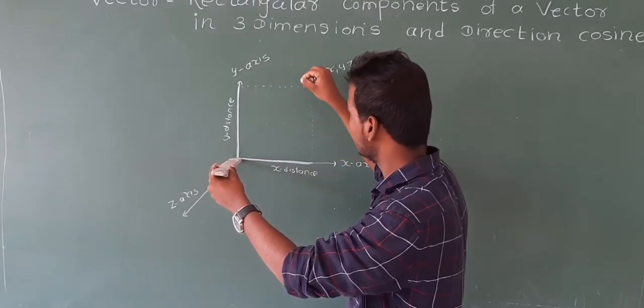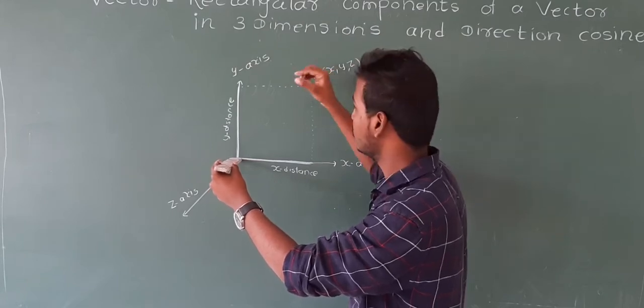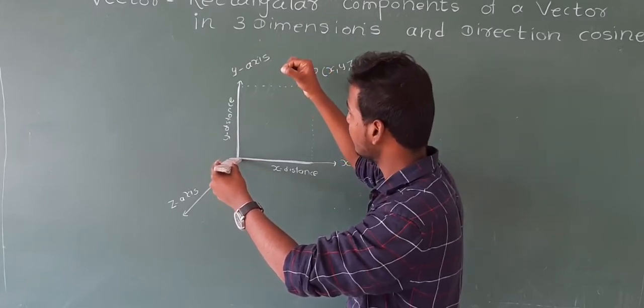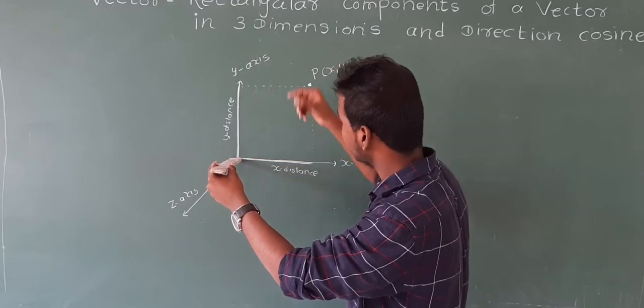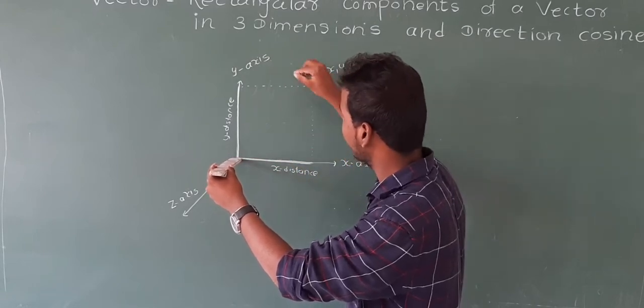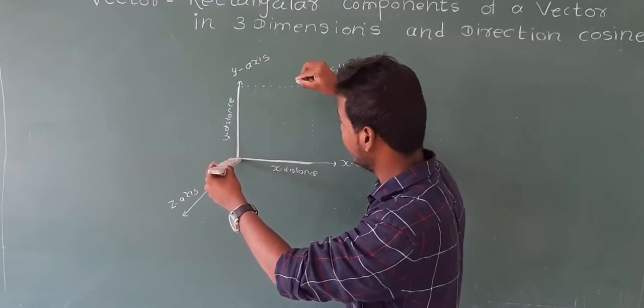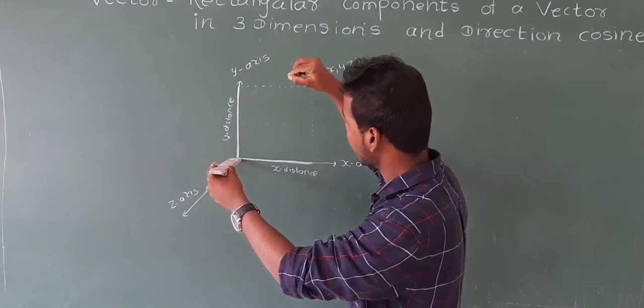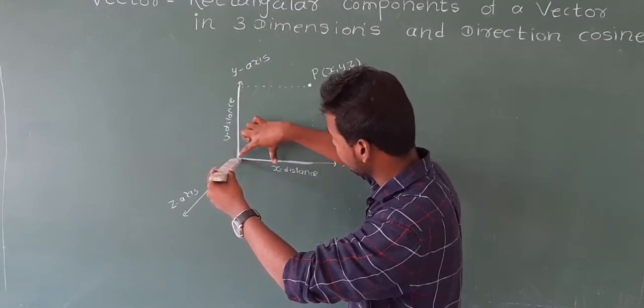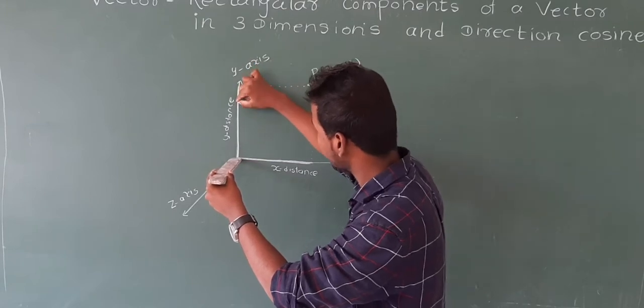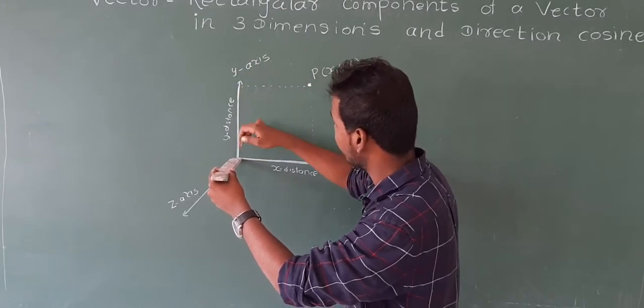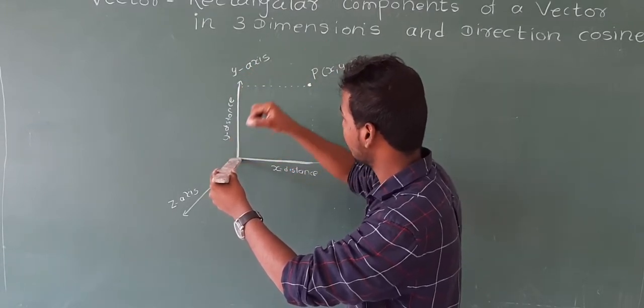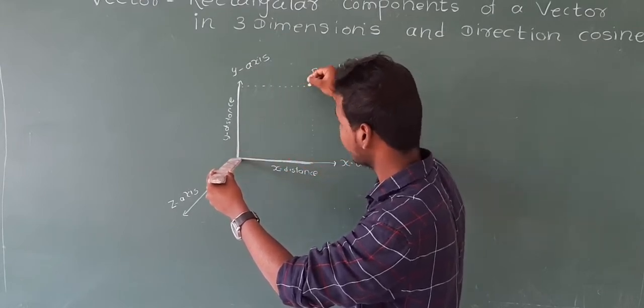Now its projection is on here. Okay, so point P is like here. So you can see on the x axis, let's say point P is here. You can see that on the x axis, this much distance. Similarly on the y axis, this much distance. Similarly from the z axis, this is the z axis, so from the z axis there is some distance.